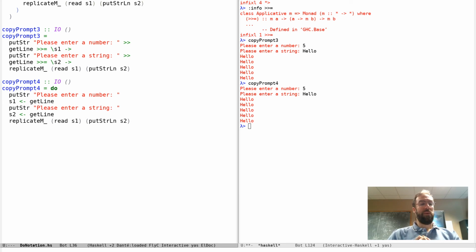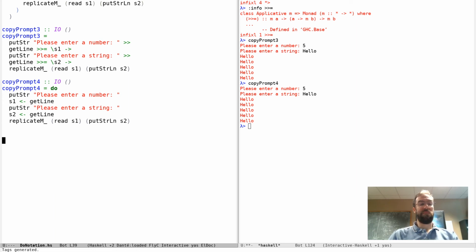So backing up a little bit, with the I/O monad, this really is exactly like an imperative program, and so this little left-pointing arrow means assignment, right? It says assign the output of getLine to S1. Now, of course, for other monads, bind does different things, right? So, for example,